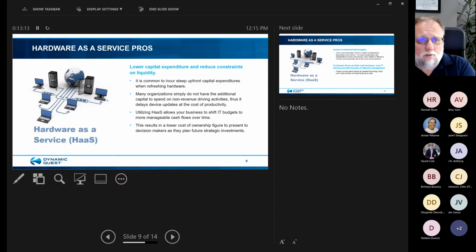You may have some costs when you're talking about a server and its migration of data. There may be some other soft costs related to a project that are not included with a HaaS model, and that will vary depending on who you're working with. But typically, most of the time, it's talking about imaging. It's related to setup and configuration, but there may be some other soft costs depending on what you're upgrading and what you need to do and how it needs to be configured. There may be some other costs, but in general, most of the cost is going to be sucked up under the HaaS model and will save you a whole bunch of money up front.